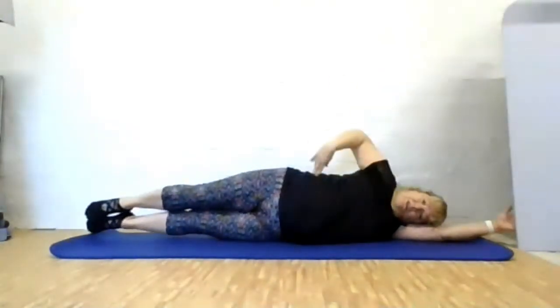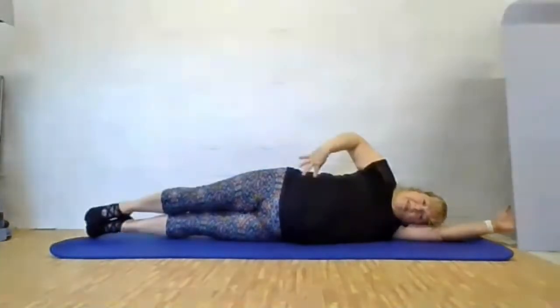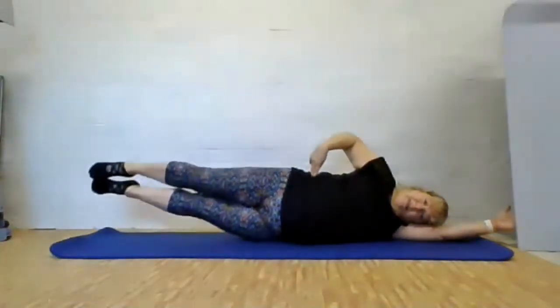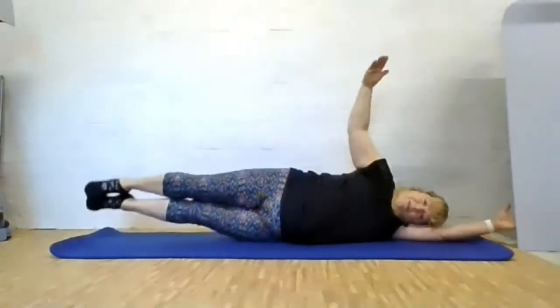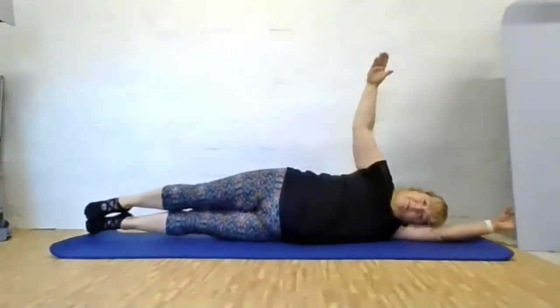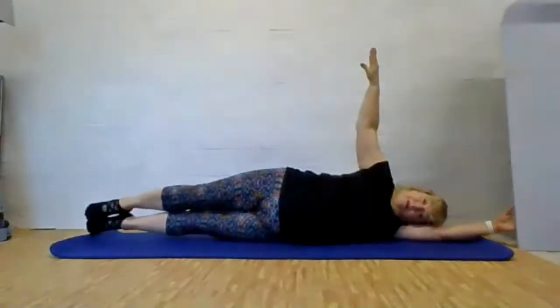Exhale up. Inhale down. So you should really feel it working here. Remember, these are your oblique muscles. If you're in any doubt that they're working, just pop your fingers here, dig them in, and you should feel those muscles contracting as you lift up to the side. So your obliques are really helpful for supporting your spine on either side, and they also give you that nice